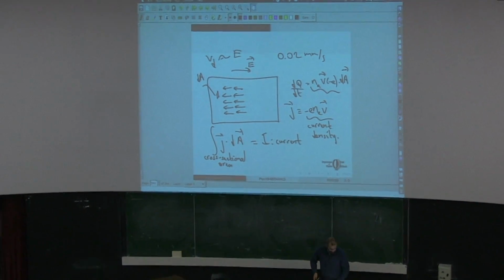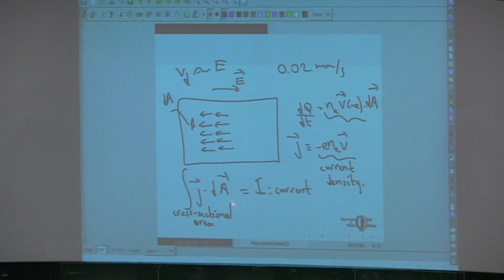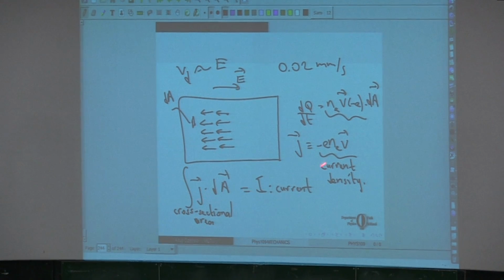So we have this current, and we know that the current is proportional to the current density inside, and the current density is proportional to the drift velocity, which is proportional to the electric field inside. So the total current we have that is running across our wire is proportional to the electric field. And if we have an electric field, we basically have some potential difference between these two ends.